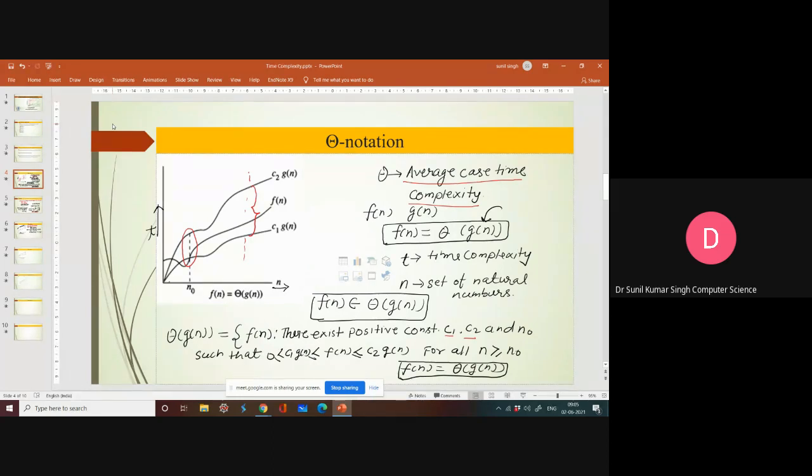Maybe you can have a function like this also, and let's call it f dash n rather than f n. Then what will be the value of n naught in this case? This is going to be the n naught. So it is not necessary that you have to plot the graph like this one. You can plot any graph, but the point is it must hold the condition.